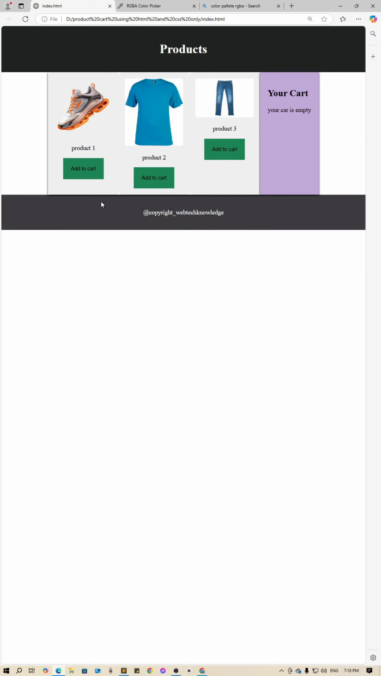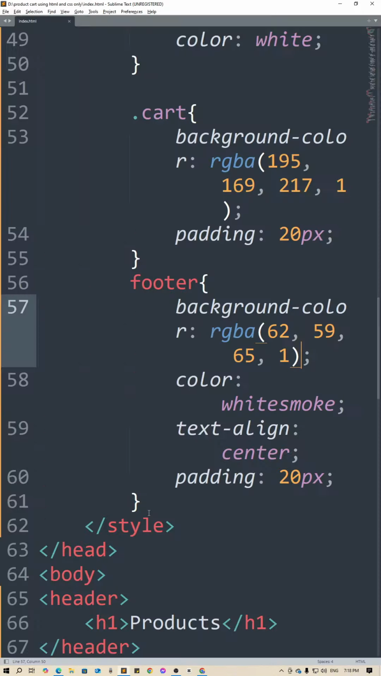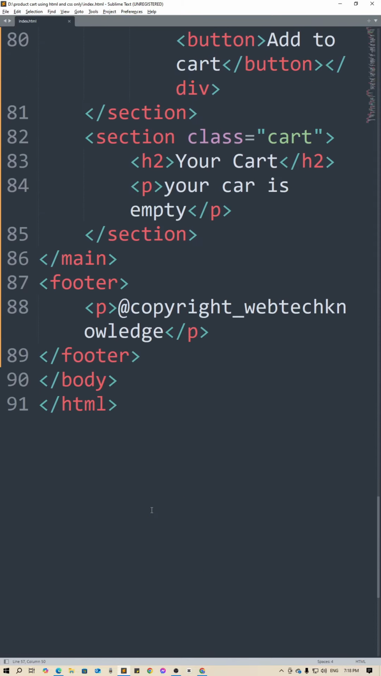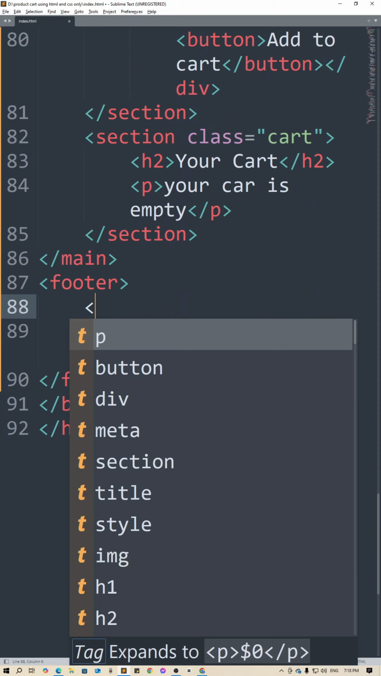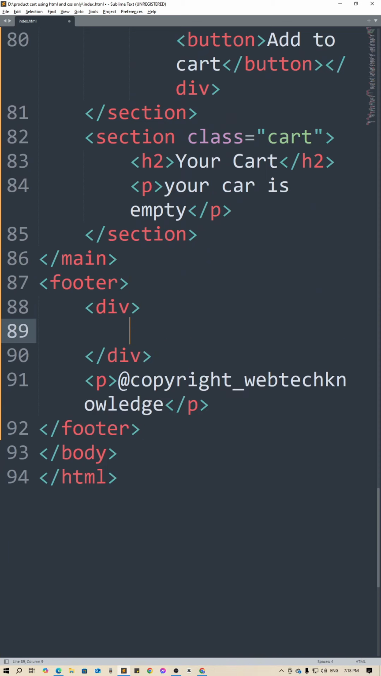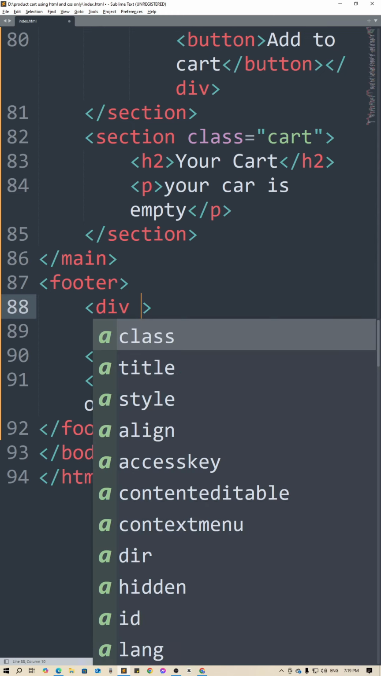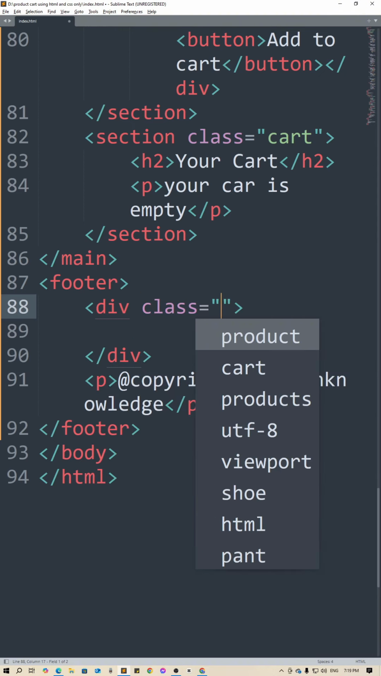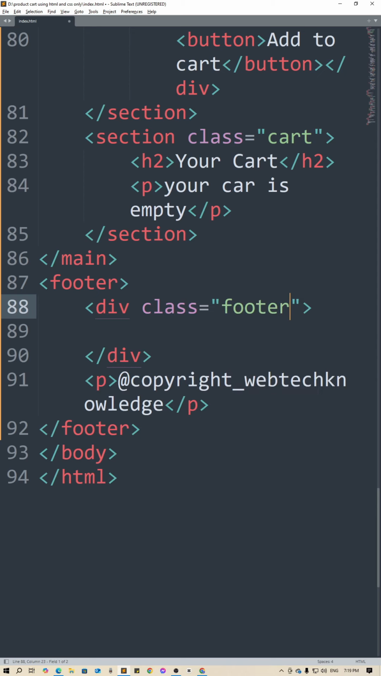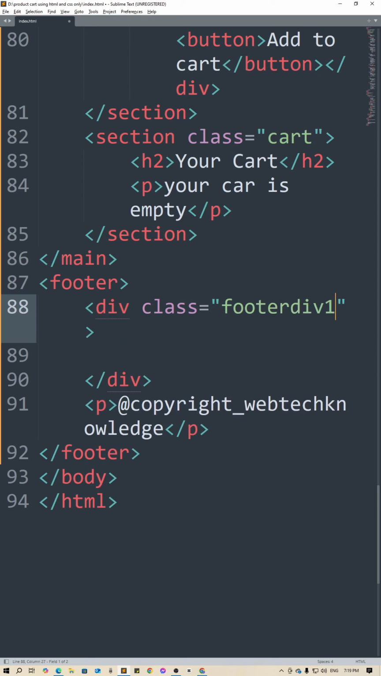So let's say we want to add three sections here, three columns. One is for social platform, another one is for copyright, right? So in our footer section, let's say we want to add a div. I want to do some style here, or let's just give it a class, and the class name should be footer div one, right? And here we want to show